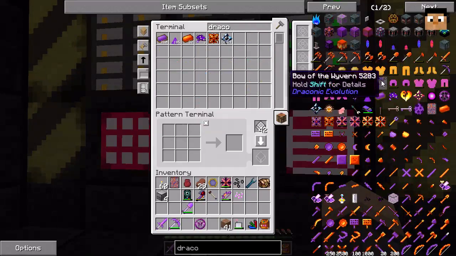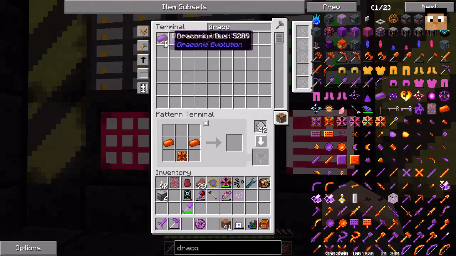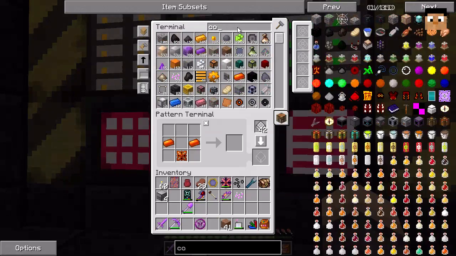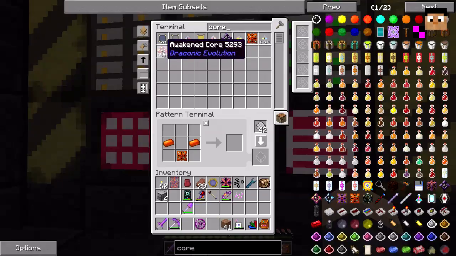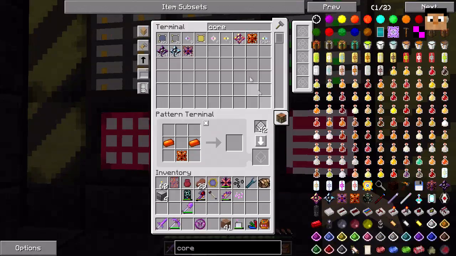Draconic. What do I need? Draconic pickaxe. So I need an awakened core. So let's make one of those. Core, awakened core, one of them. Make it so. And that gives me that. And then I just should put...